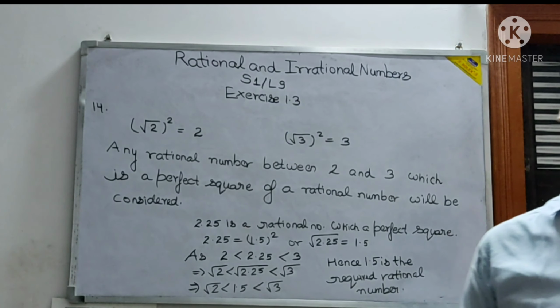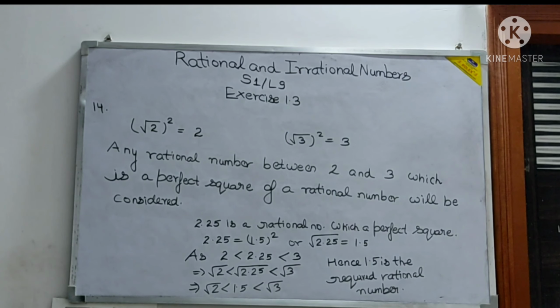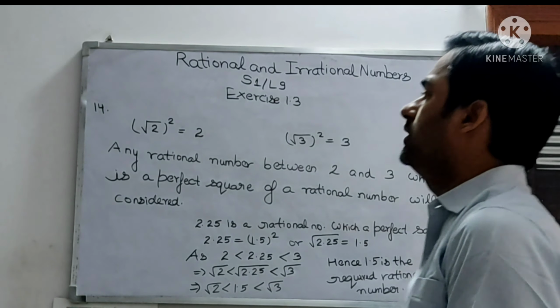Okay, so we had done inserting the rational numbers, but this is something different than what we have done. And inserting irrational numbers I had told already. I will do one more part. 14th question I have done. Inserting irrational between root 5 and root 10 I will tell you. 14th I will tell you, and 16th also I will tell you. So 14th must be clear to you, what I have told here.